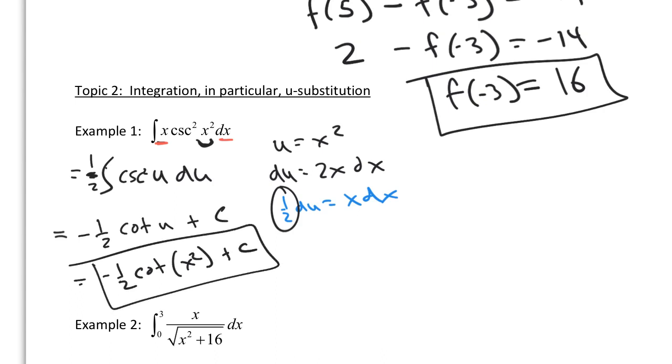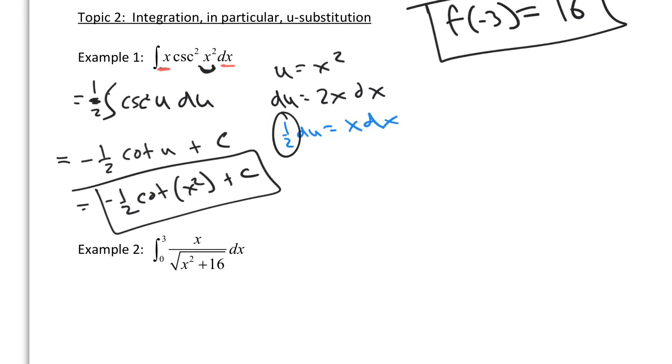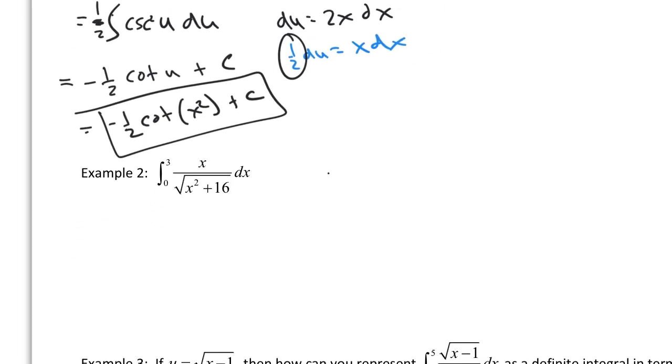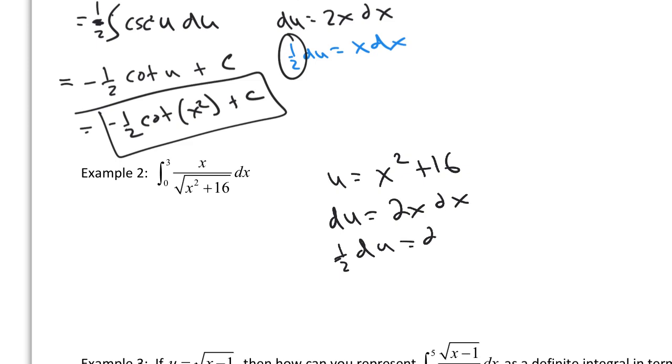In example 2, we have a similar problem, but for this one, we have bounds from 0 to 3. So when we set up u equals x squared plus 16, we'll get du equals 2x dx, and I want x dx, so 1/2 du equals x dx. And so now I'm going to set up my integral. We've got 0 to 3. Those are x's, I need u's. So you plug back in here,